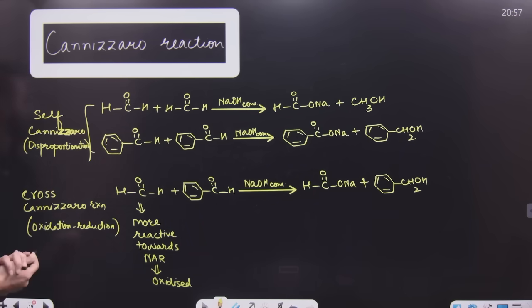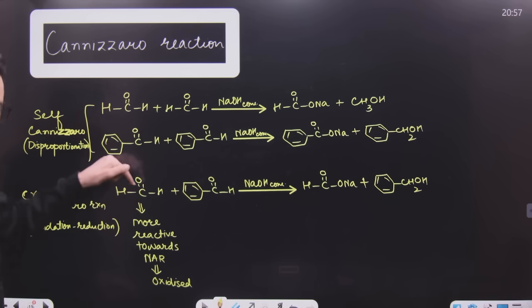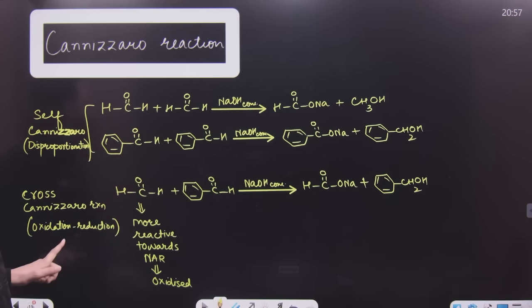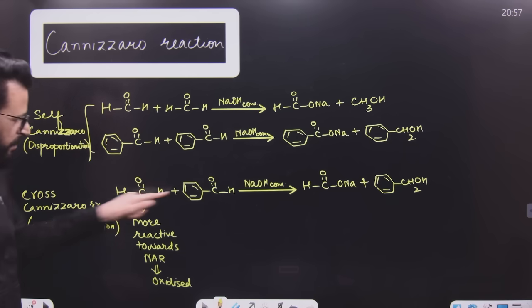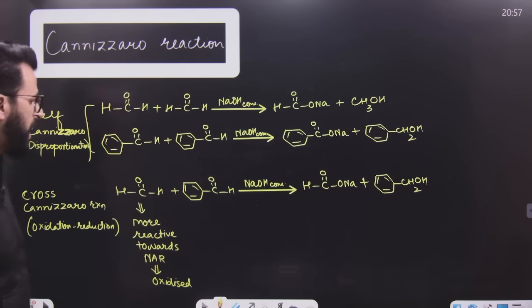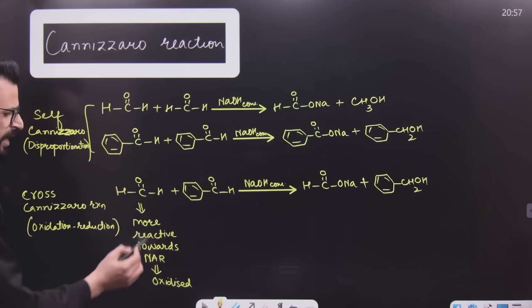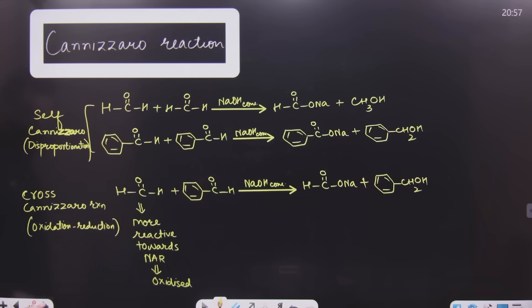That is why this reaction is known as disproportionation reaction. But if aldehydes are different, then one is oxidized, another is reduced. The reaction is known as oxidation reduction reaction. But remember, among these two, the one which gets oxidized should be that aldehyde which is more reactive towards nucleophilic addition